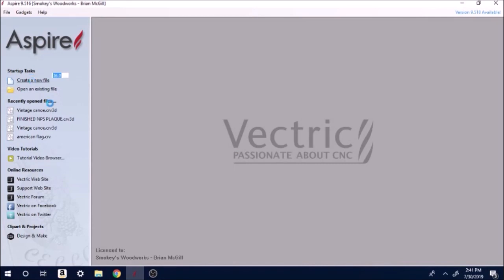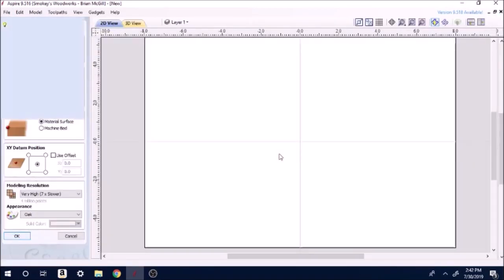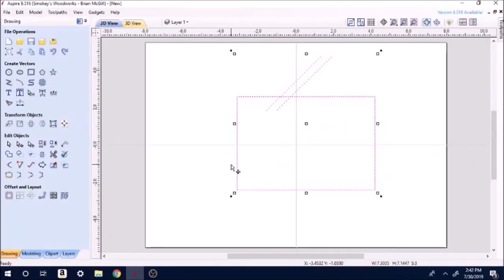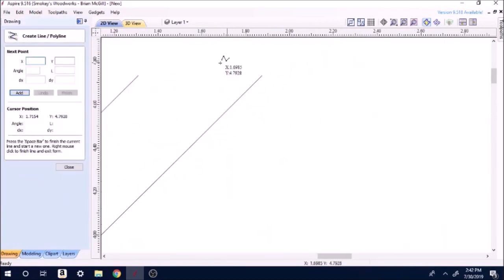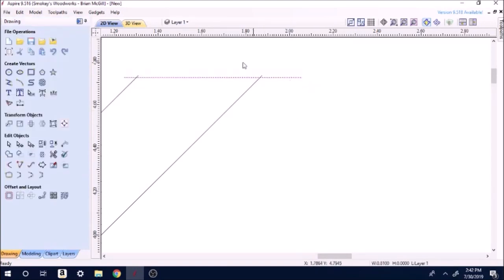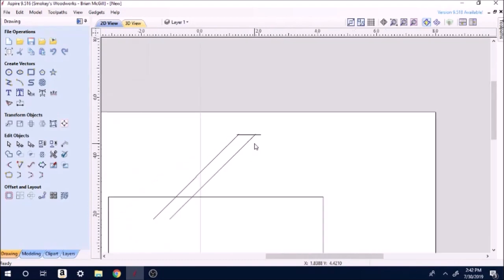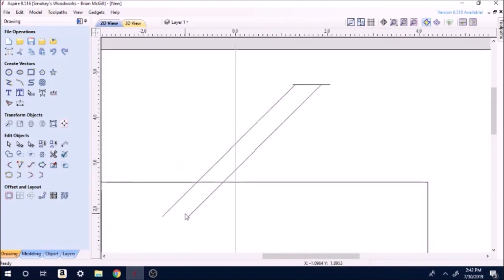I'm going to create the new one real quick. Here's why I copied it. The problem being is you want this to be one solid entity here. One thing you have to look at is your top's not closed. So all I'm going to do is take a line right across here. I'll clean this up in a second. Down here is not much of an issue. What you're looking for is making a solid